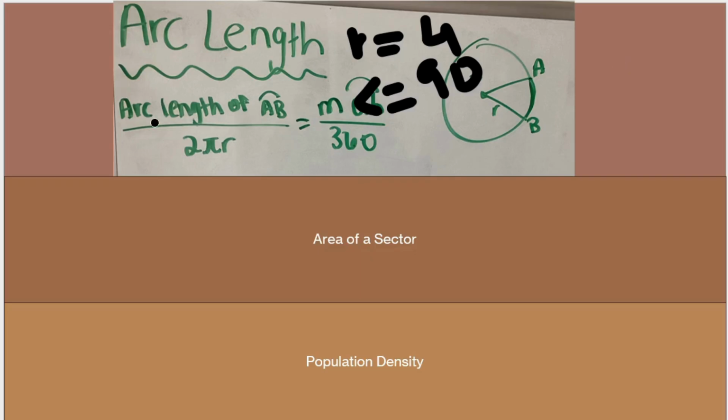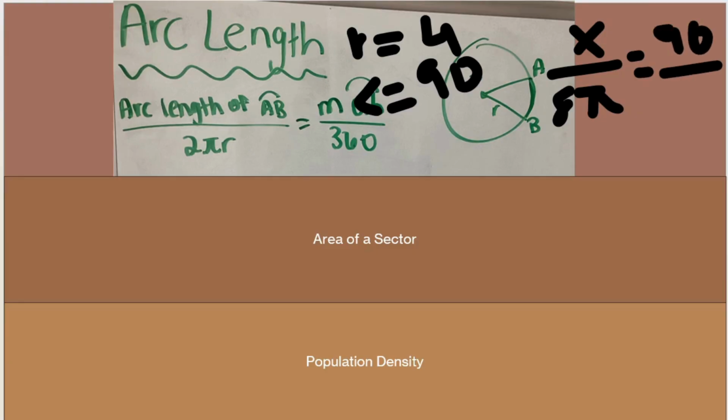For a really simple example, let me give this to you, okay? So you have to try to find the arc length. The radius is 4 and the angle is 90. Okay, so what's the arc length? We don't know that. We know it's 2 pi r, so 8 pi. You have to pause the video because I'm already solving it. And this is 90 over 360. Okay? So my handwriting sucks here, but if you can make out what it says, you see how this is